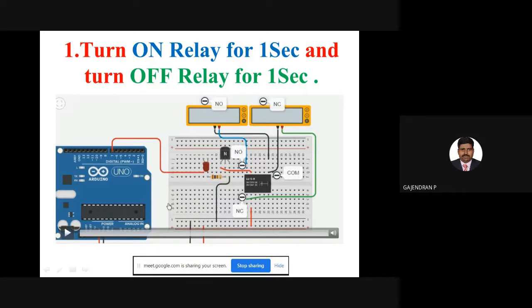Yes, I will explain once. Here we have an LED to indicate whether the relay is in on state or off state. Then I am having two multimeters. One is connected across common and NO. Another multimeter is connected across common and NC. So whenever my relay is in off condition,